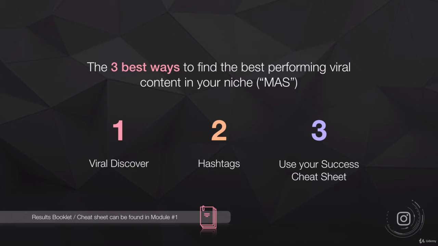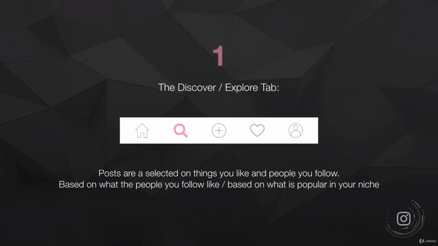One, we can use Viral Discover, which I'm going to break down in just a second. Two, we can use hashtags. Or three, we can use the success cheat sheet that you've put together in order to shortcut these results. So one, the Discover or Explore tab is the little magnifying glass